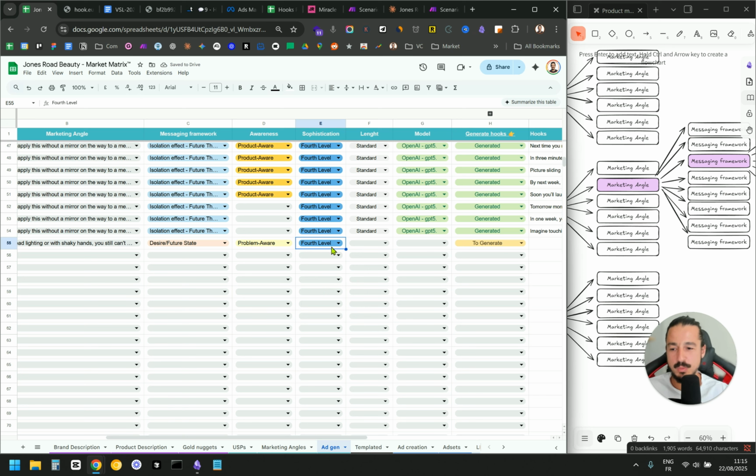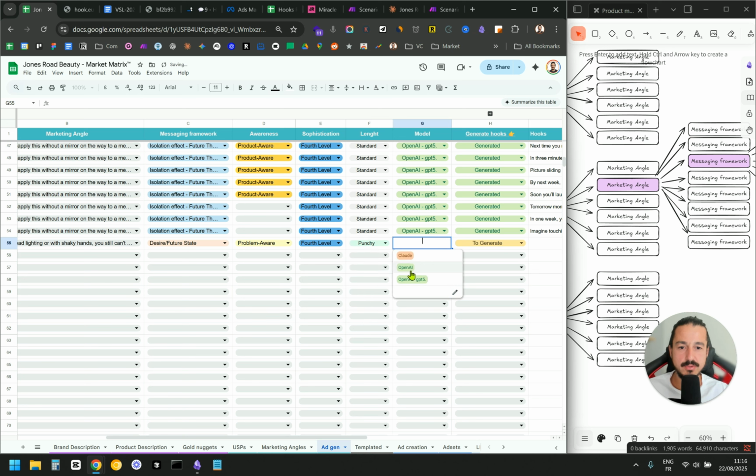Maybe if the product were very innovative, then we could say, okay, that's third level. I can't come up with creative stuff, but I think you know what I mean. You don't have to use it, but it's also a way to slightly change the message you are using. So let's say third level or fourth level, and we are going to use